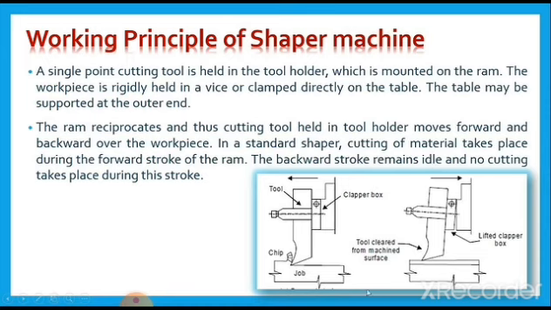You can see this is the zoomed view of the tool post. This is your tool, which is mounted on the ram through this tool post, and this is the workpiece, which is mounted on a vise on the table. You can say this is the forward operation in which cutting takes place. You can see the chip coming out from this workpiece, so it is basically making the flat surface. The backward stroke remains idle. When we talk about backward, you can say this is backward, so here no cutting takes place, and it is much faster than the forward cutting stroke. Okay. So this is the basic working principle of any type of shaper machine. Okay.